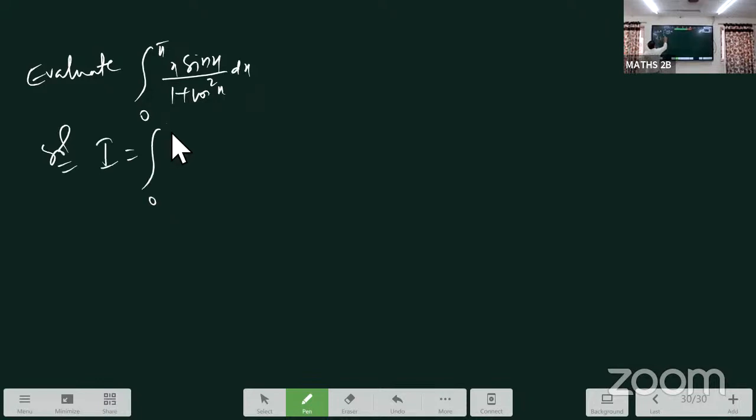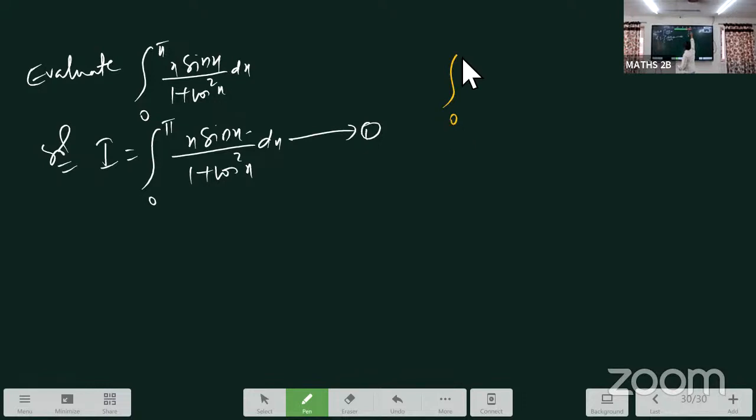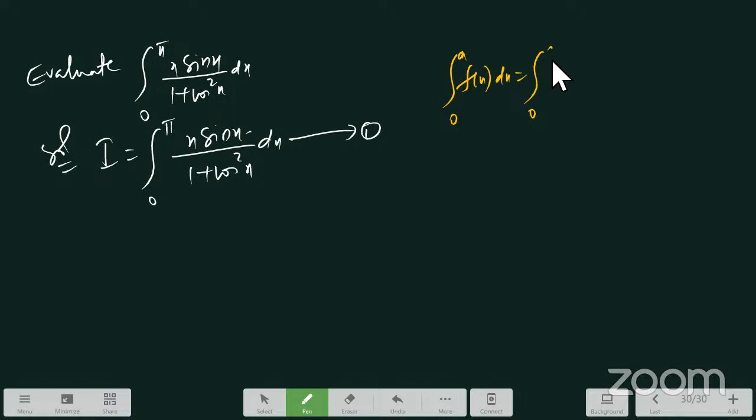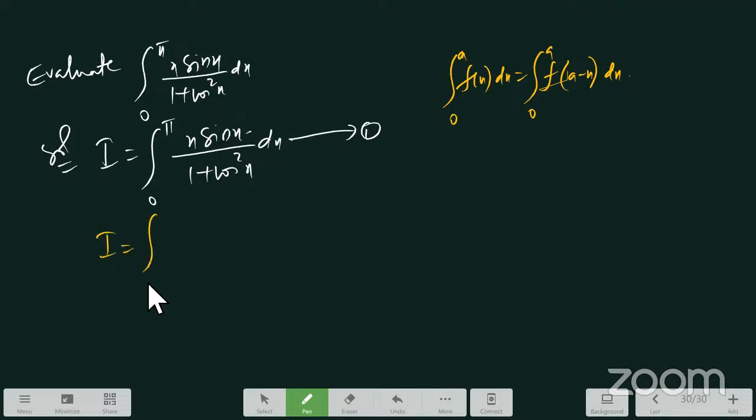I is equal to the integral from 0 to pi of x sin x by 1 plus cos square x dx. Again, put it as equation 1. Again, I'm using the same property. What is our property? Integral from 0 to a of f of x dx equals integral from 0 to a of f of a minus x dx. Is it clear? Now, so I is equal to 0 to pi